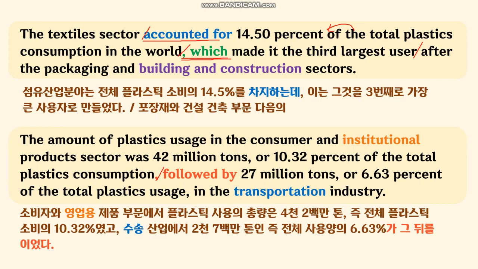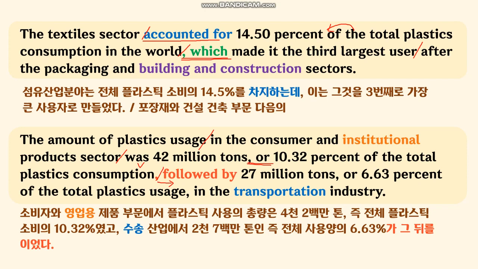동사가 was니까 그 앞에서 끊고요. 뒷덩어리부터 갈게요. Consumer, 소비자와 institutional은 영업용, 그러니까 소비자, consumer용은 적게 하고 institutional은 많은 느낌으로 오면 돼요. 영업용이야. 어때요? 영업용 제품은 양이 많죠? 그 영업용, 양이 많다는 느낌이에요. Institutional products, 영업용 제품 부문에서 플라스틱의 사용의 총량은 아까 밀리언 100만이었죠? 그래서 4,200만 톤, 컴마 or은 즉이었어요. 즉, 전체 플라스틱 소비의 10.32%가 됐고요. 그 다음에 followed by 27 million tons